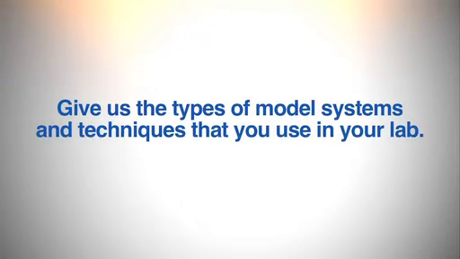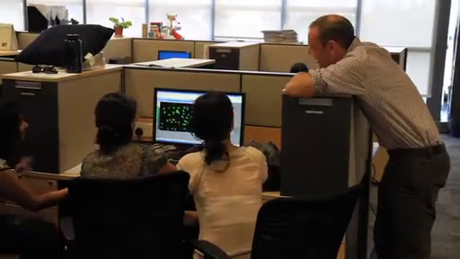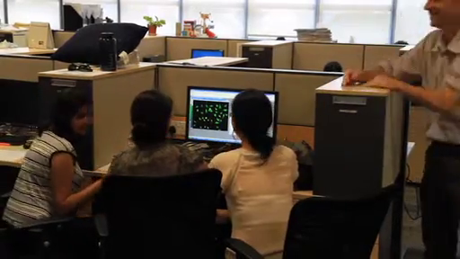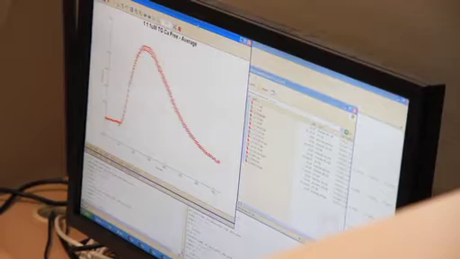Give us the types of model systems and techniques that you use in your lab. Sure. So we work with the mammalian central nervous system using neurons either from rats or mouse. And to study the impact of a single gene on neuronal development, we typically use RNA interference silencing techniques. We also have access now to knockout or transgenic mouse models